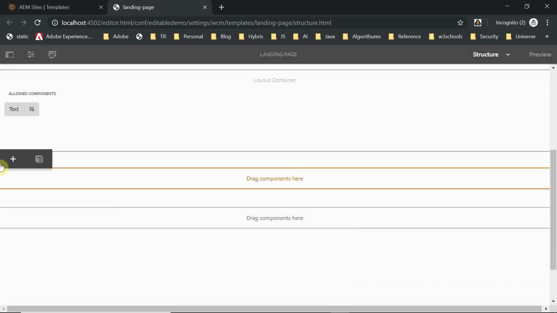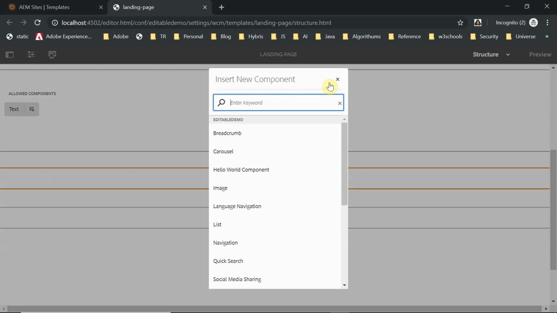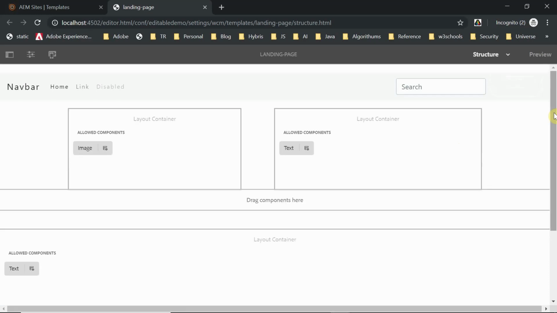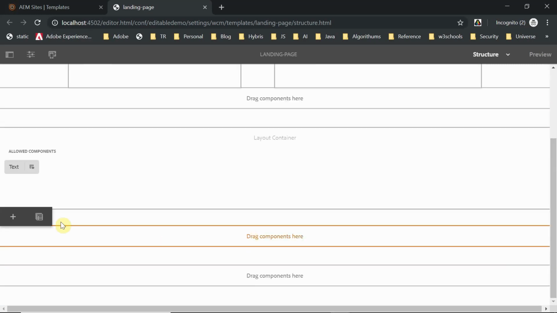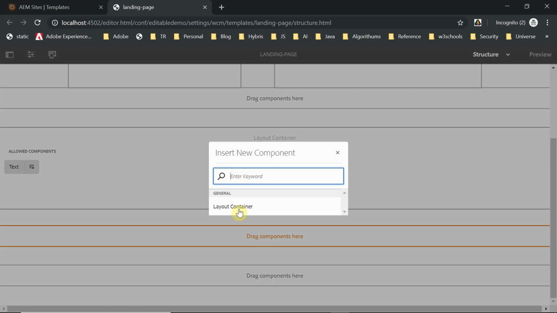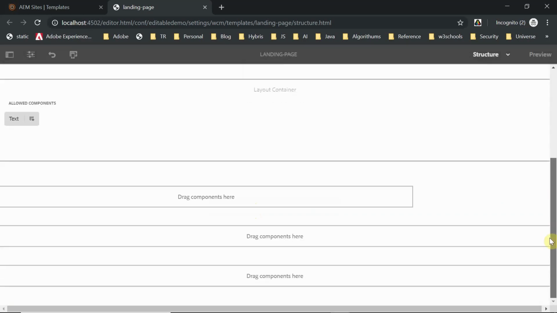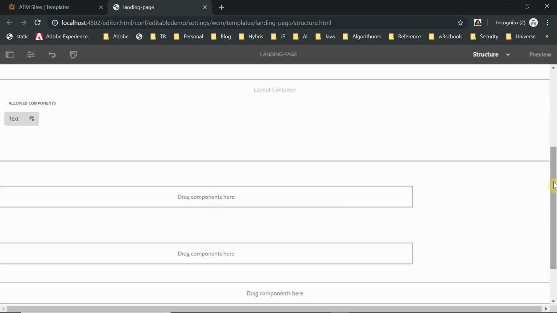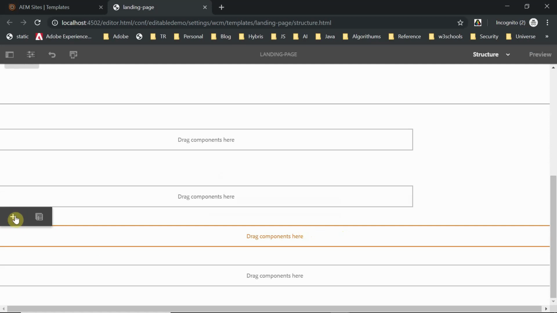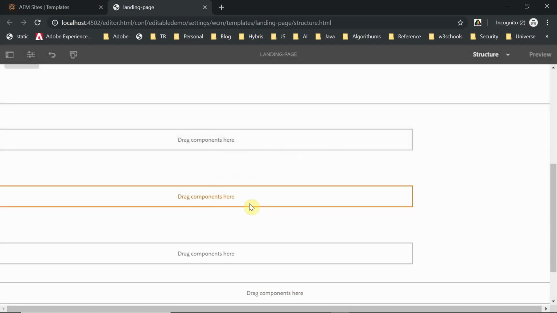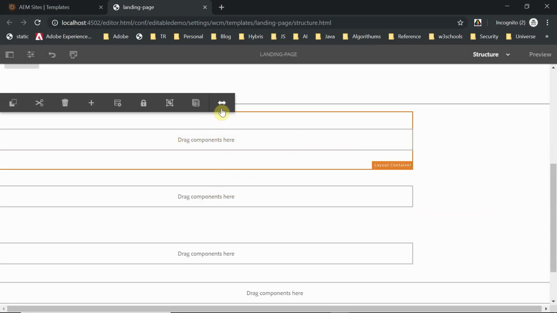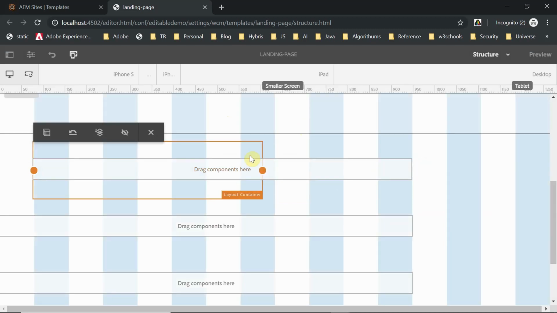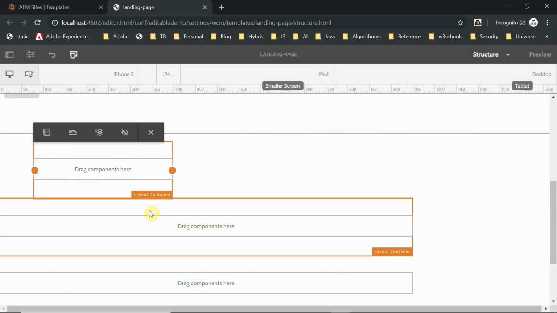Now inside this I will add, maybe I need to refresh the page once. Okay, fine. Now if I go here, go and add layout container 1. Now again add the next layout container. Now add the next layout container. Okay, 3 layout containers are added. Now I need to arrange this. Select on this. I need to do one space here. Now it's a 16 column grid, so easy to arrange it. So I will keep it here. Now the next one.